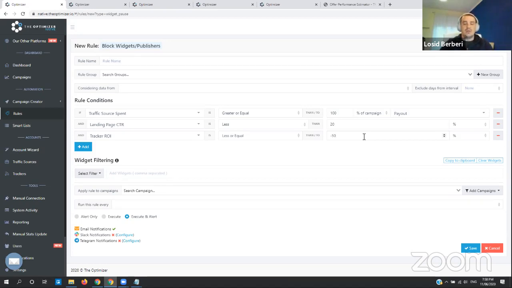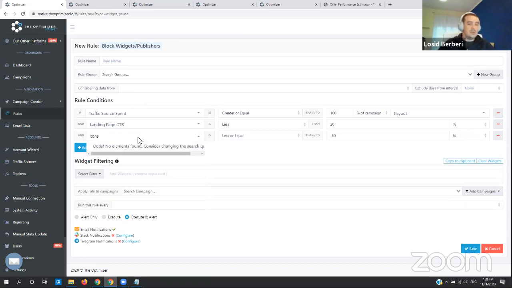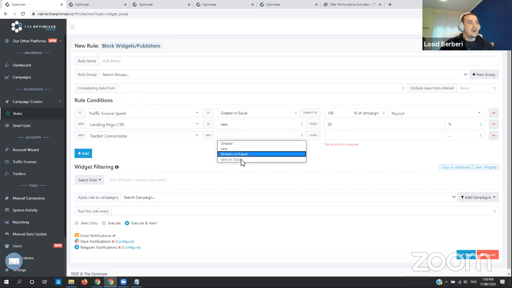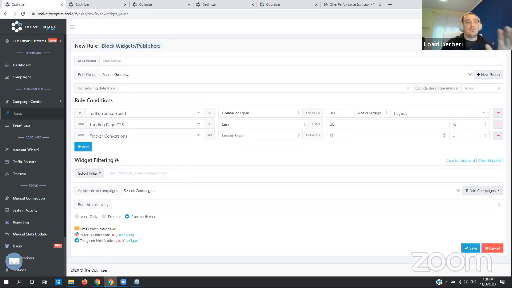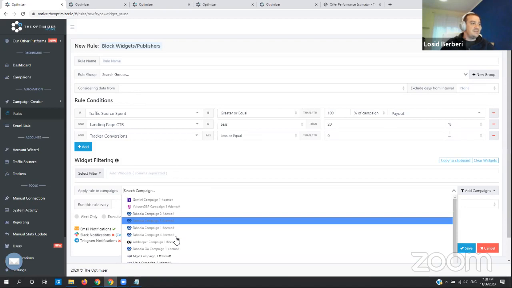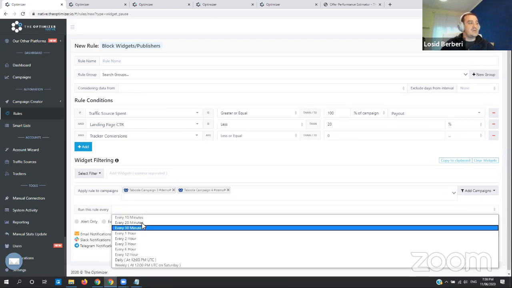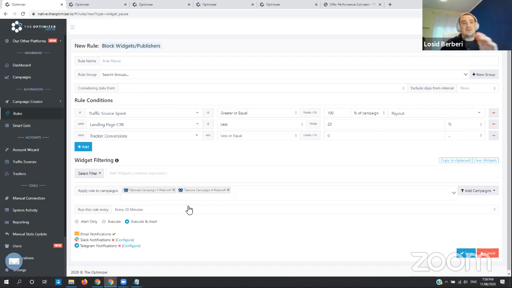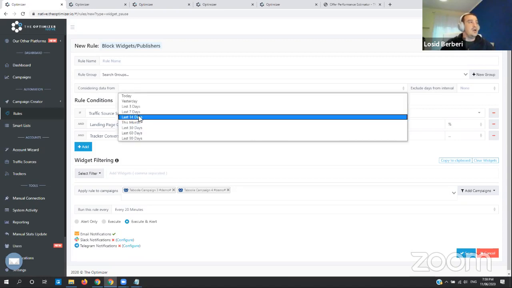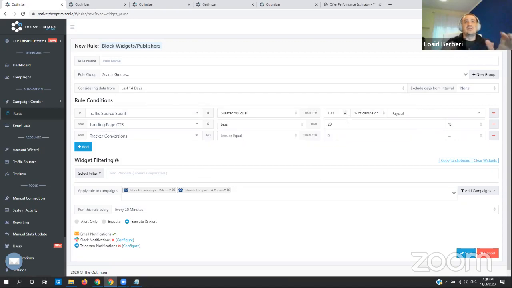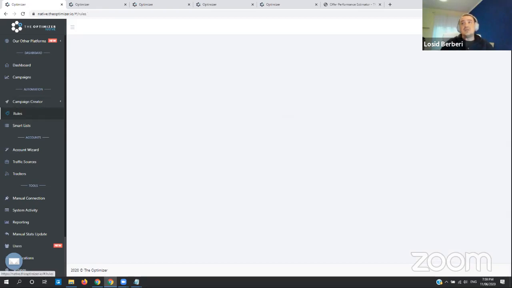In this situation, we are addressing widgets that have generated, let's say, 1 or 2 conversions, and they outspent. It should be even higher than 100% of the offer payout. But we can easily switch these conditions, like tracker conversions greater or equal to 0, in case we want to block aggressively. And again, we can specify the campaign here and set the execution frequency of the system, like telling it to check every 20 minutes if over the last 14 days we have any widgets that meet these conditions to be blocked. So this is one